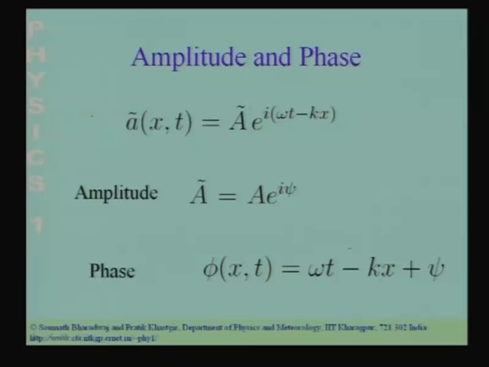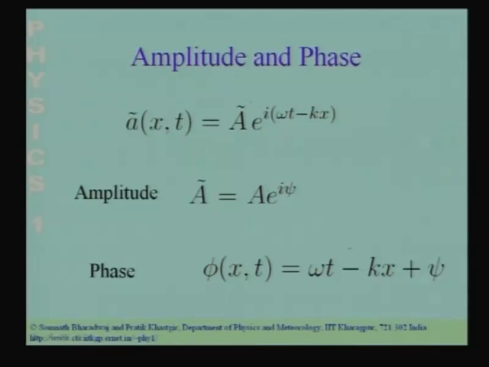So, A tilde in the complex notation is okay. Before we look at how it varies at a fixed position, let me just give you a few definitions. This is the equation of the sinusoidal plane wave. In this equation, the constant A tilde outside is the complex amplitude of the wave. The modulus of A tilde, which is A, tells us the real amplitude of the wave.